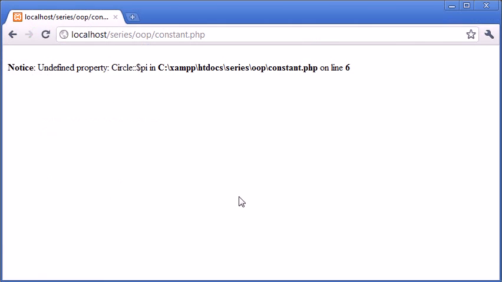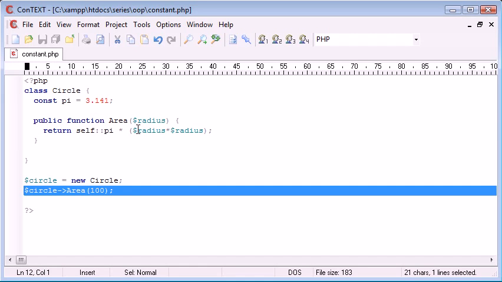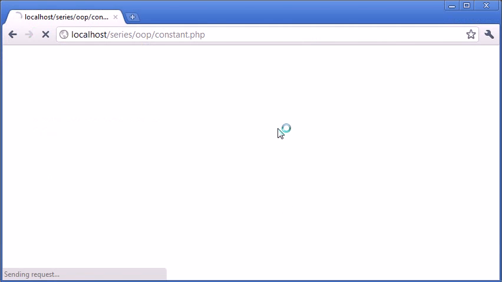So now let's refresh, and you'll see that we've got no errors. We haven't got any output yet because we haven't echoed out the value that this method has returned, so we have a return value here from this method. So let's go ahead and echo that out and see if that works. Okay, so we've got a value return of